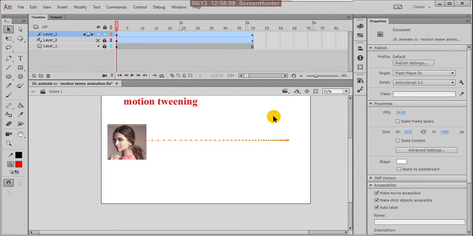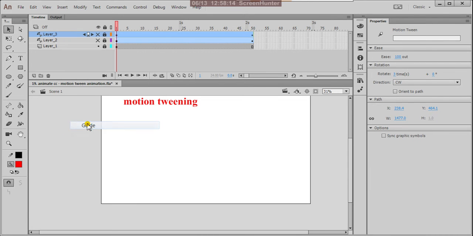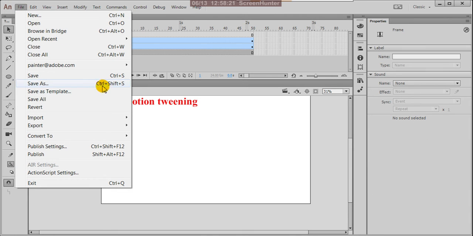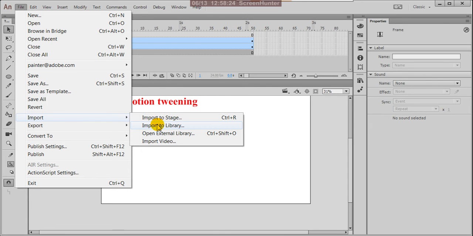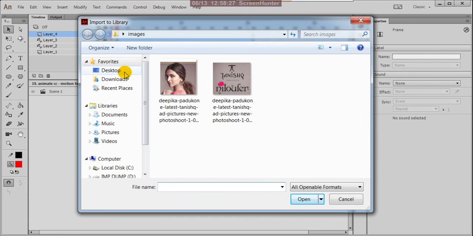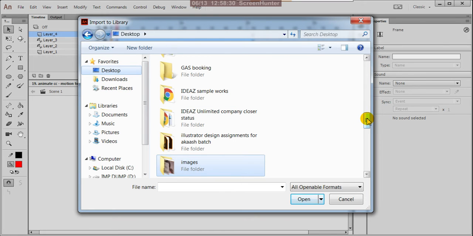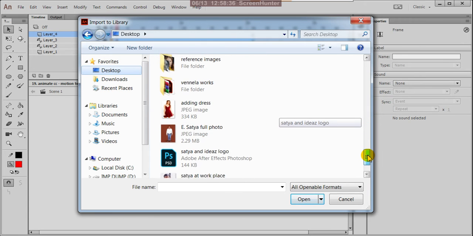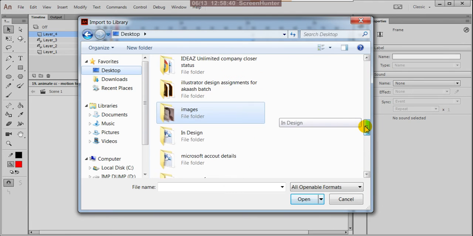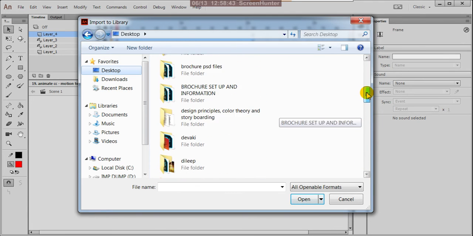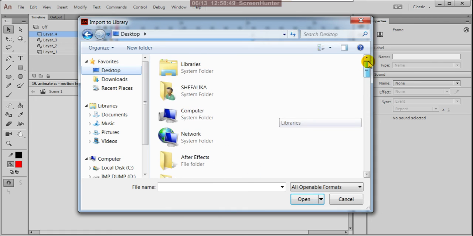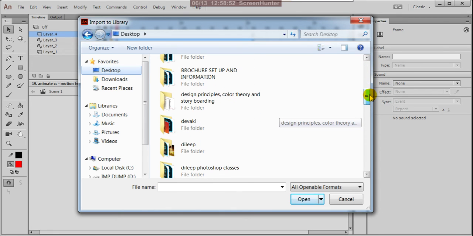Another way we do that. So guide, and I'll create one more layer here, and this time I'll get one more picture from the reference images.